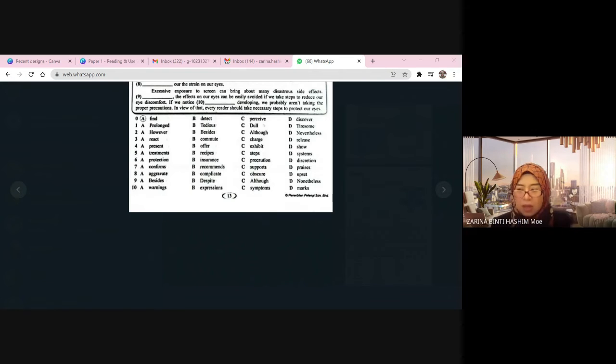Okay, number three, digital devices. Then they talk about digital devices, and then after the answer, blue light, which can reach the inner lining of the back of our eyes. So the options given: react, commute, charge, or release. Digital devices, react, commute. Commute means you move, from one place to another.